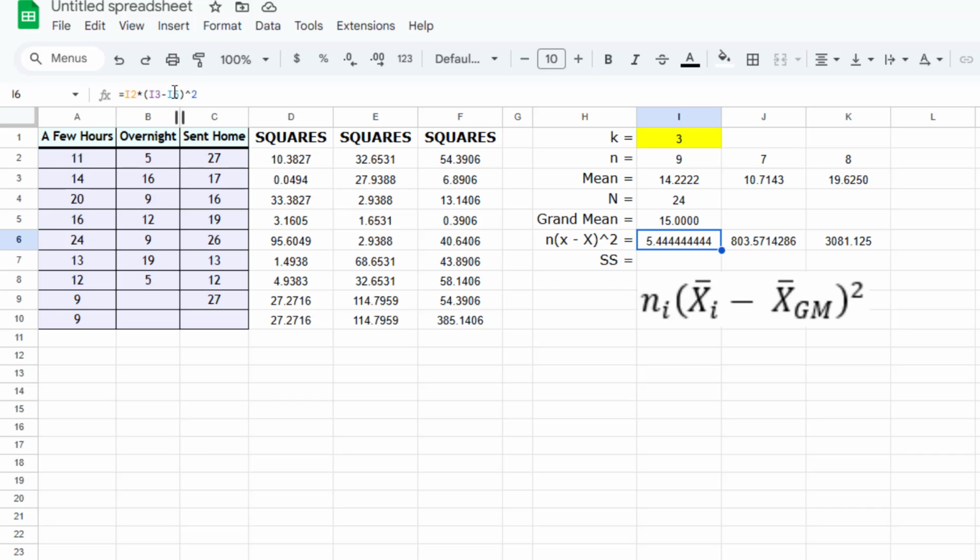We don't move from row 5 to anything else when we're taking the mean, but we need to keep the column the same. So that's why we put a $ sign in front of the I this time. And then if we drag it across, there we finally get the correct answers for our